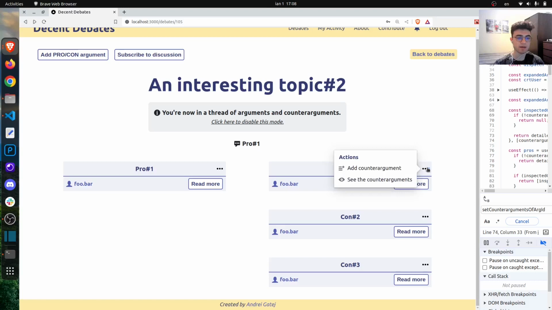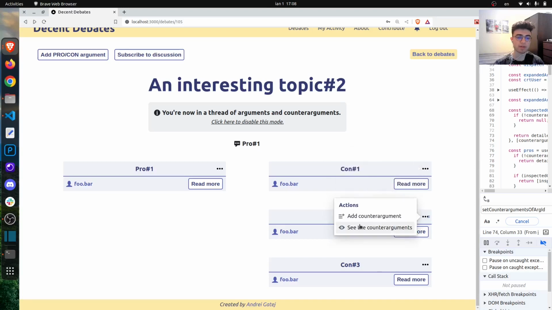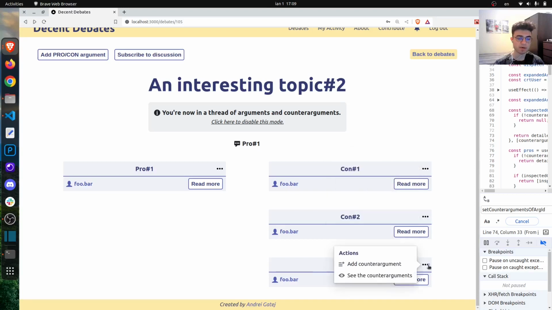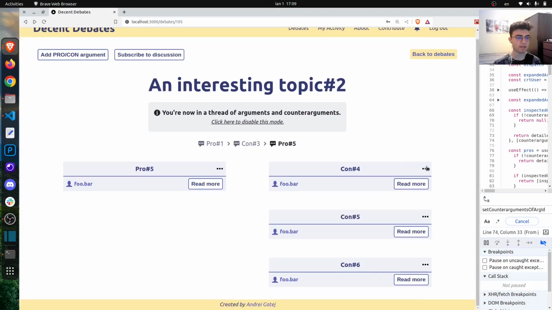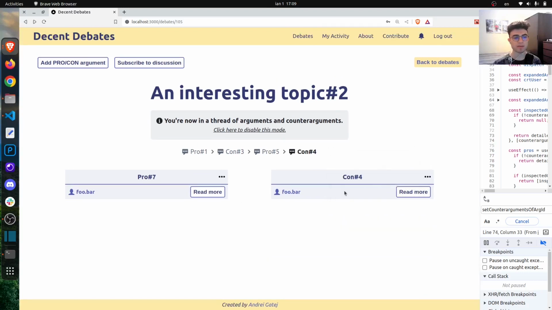Now let's say that I want to see the counter arguments of another argument. Let's say this one has counter arguments as well, this one too, and let's see about this one. Yeah, this one also has counter arguments. So let's see the counter arguments of con3. Now pro6 doesn't seem to have any counter arguments. Let's see about pro5. Yeah, it has. Pro5 has some counter arguments which are on the right side,